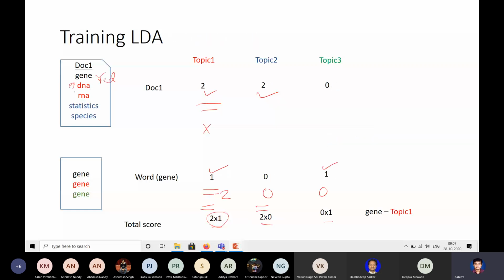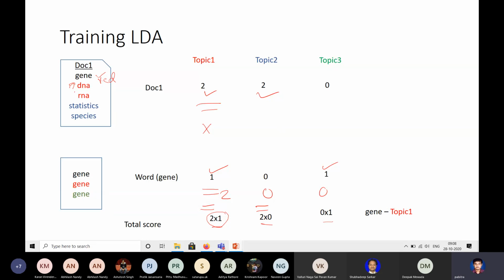But now there is a problem. You see, if any of this score is 0, this product will be 0. So if we try to generate from proportional to these probabilities, most of the probabilities will be 0. Only 1 or 2 probability will remain, or maybe this probability will also become 0. So you will always get everything colored red or something like that. We don't want that. We want a little bit of other things also. So you don't want a 0 probability, which is very likely because you are taking product.